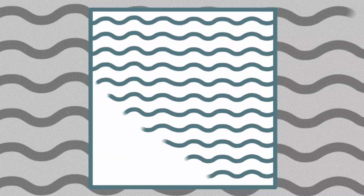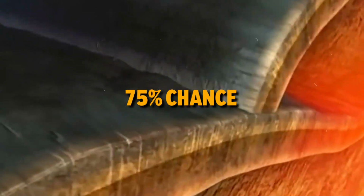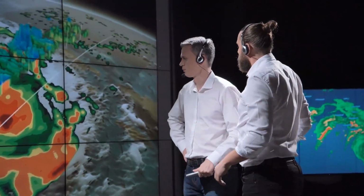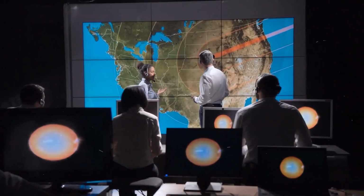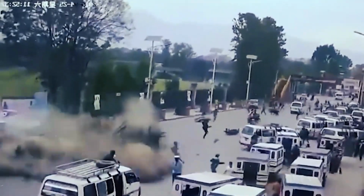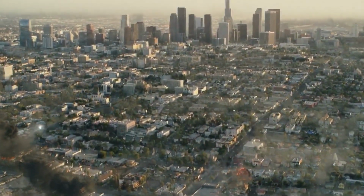There is a 7% chance that an earthquake of magnitude 8.0 could occur in Southern California in the next 30 years. There is also a 75% chance of a magnitude 7.0 event. While these magnitudes might sound similar, they represent a significant difference in the amount of energy released. A magnitude 9.0 earthquake releases 32 times more energy than a magnitude 8.0 earthquake, and 1,000 times more energy than a magnitude 7.0 earthquake. So, while a 9.0 magnitude earthquake is not impossible in California, it is much less likely